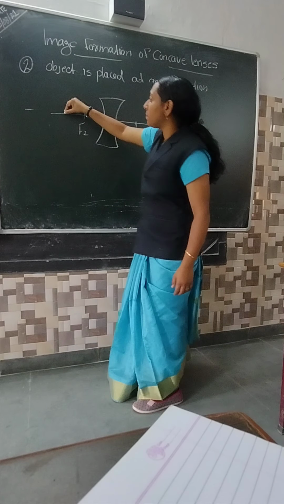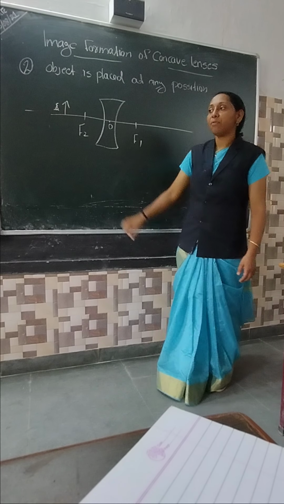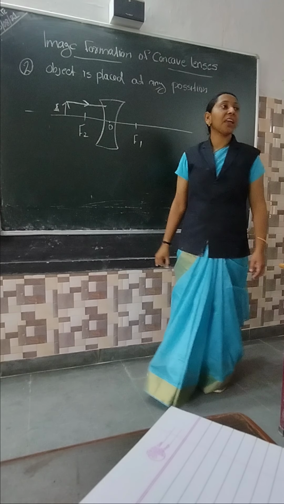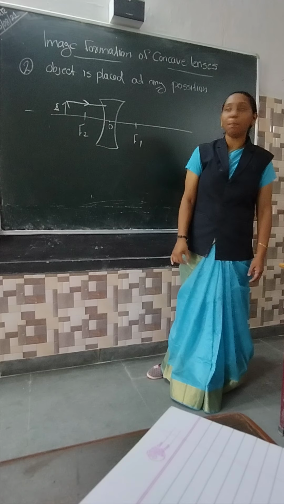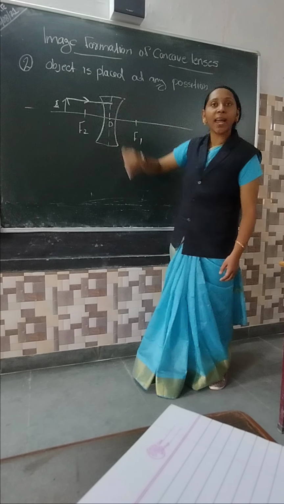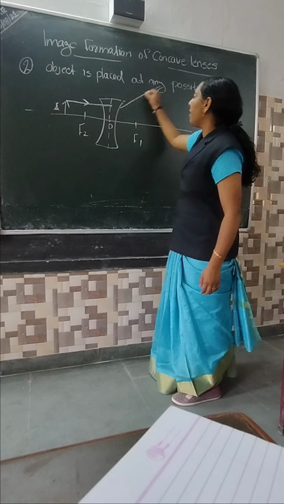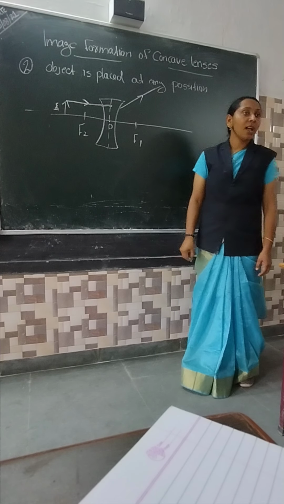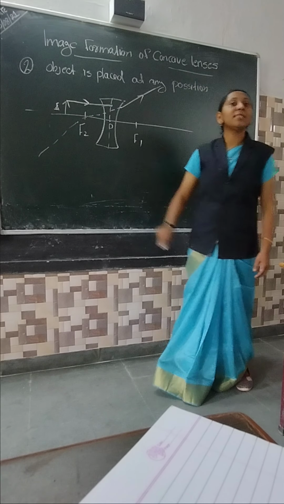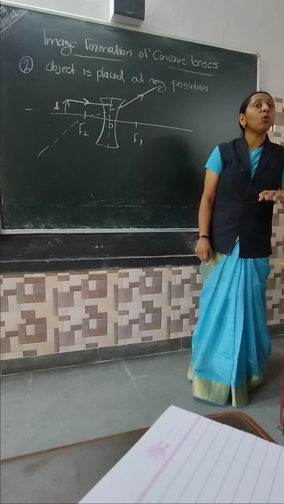Considering my object is here, the object is 1 centimeter in height. The first incident ray starting from the top of the object is parallel to the principal axis. I am just extending this ray up to the center line. After that, it will diverge, like that. Clear everyone? Yes. So I extended this divergent ray backward, and it is passing through the secondary focus. So step 1 is clear? Understood by everyone? Rule number 2 I just applied.